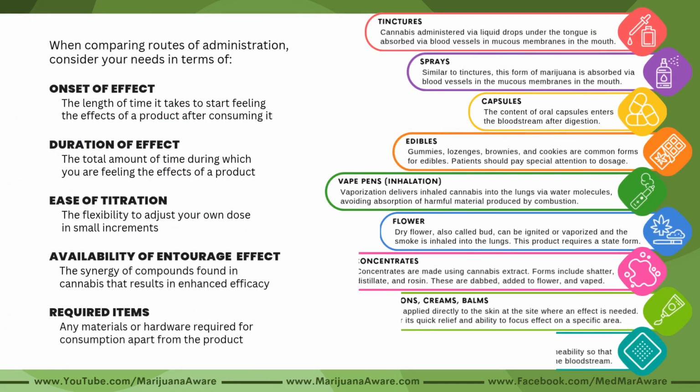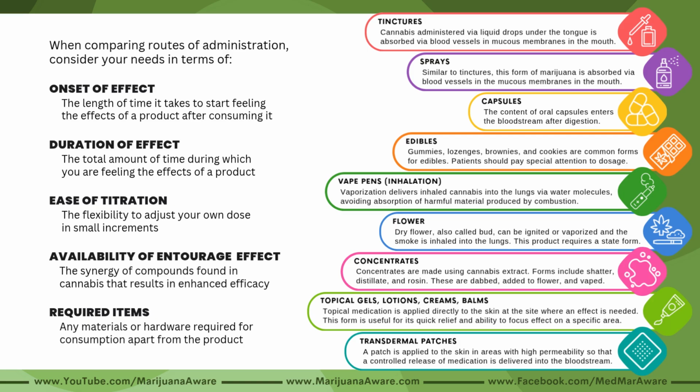So how do you choose the right route of administration? Well, first of all, you should consider the onset time. How long does it take before you begin feeling the effects of the product? Duration. How long can you expect the effects of the product to last? Ease of titration. That's the ability to adjust your own dose in small amounts. And also the availability of the entourage effect. The entourage effect is a unique feature of cannabis where the individual components, the cannabinoids, terpenes, and flavonoids, are medically enhanced when taken together. Also, you may want to consider any hardware or material that you need to be able